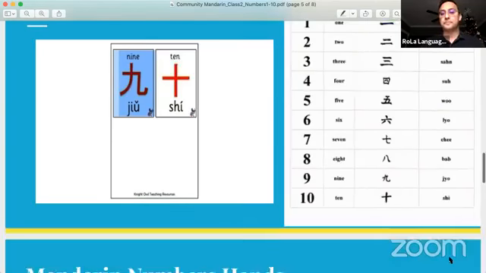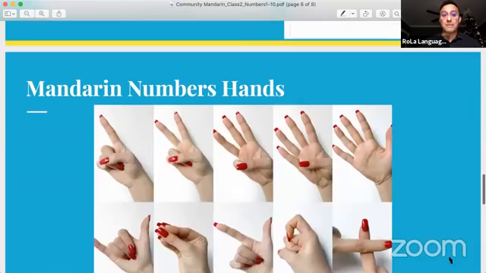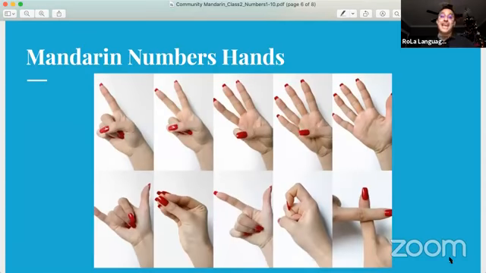Okay, very good. Now, the cool thing about Mandarin is that you can use your hands to say the number. This came in handy when I was living in China and I didn't pronounce the numbers 1 through 10 correctly. I would throw up a hand signal, some sign language. I thought it was like our sign language, only certain people use it. But in reality, this is a fun and cool way, everybody knows it, and people actually use it. Okay, so we have 1,